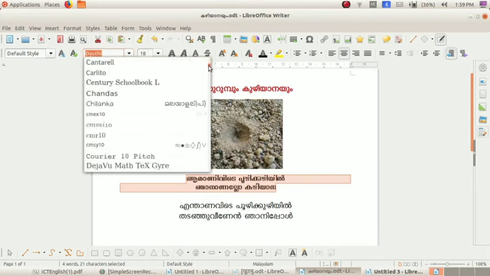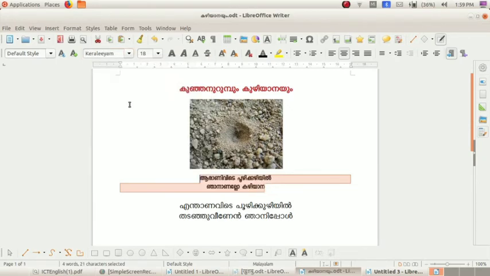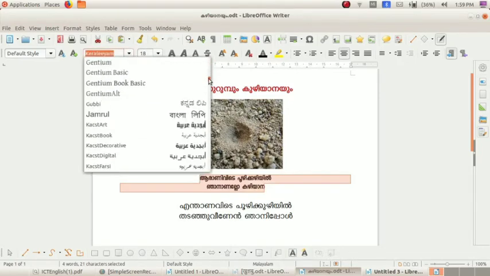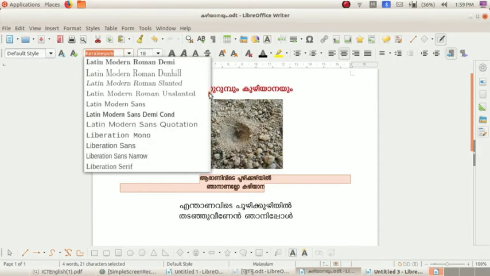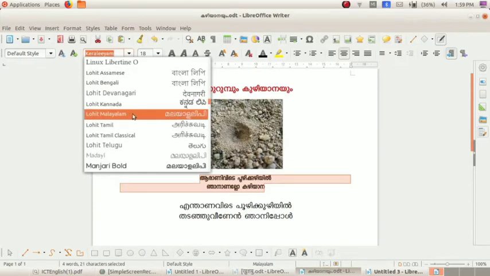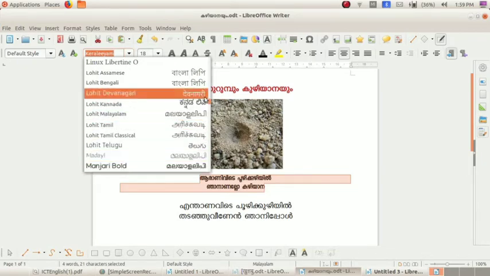Okay, Keraliyam. Yes, Lohit Malayalam. Then Manjari, Manjari Bold.